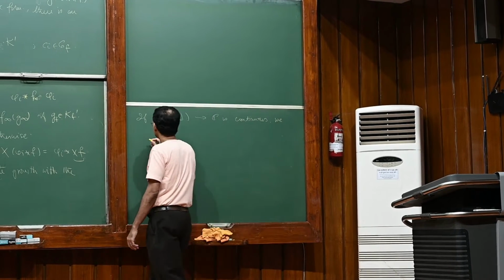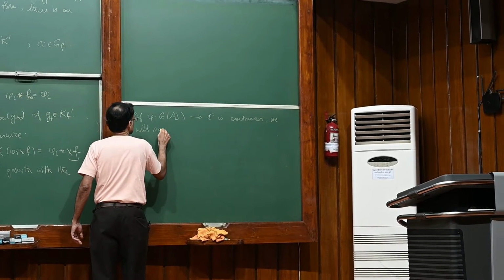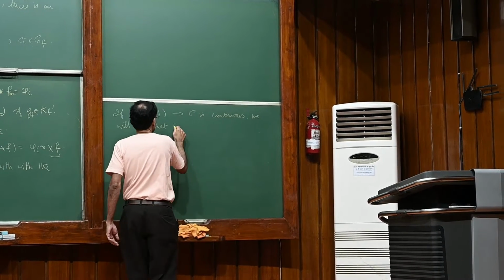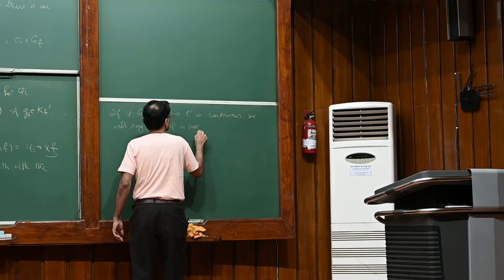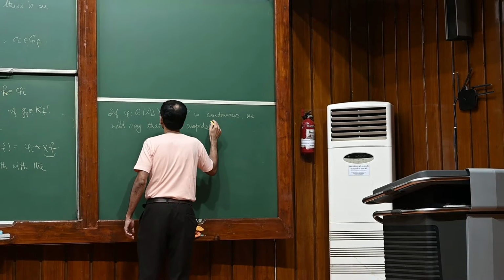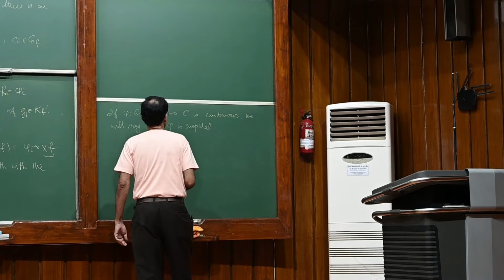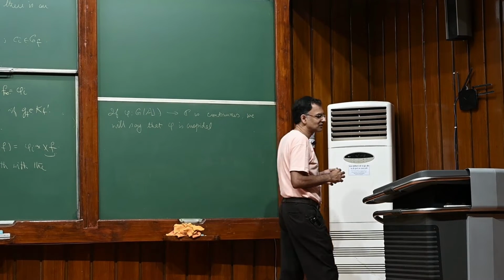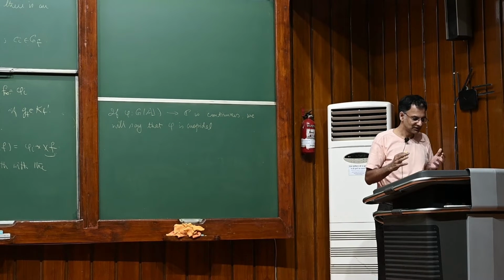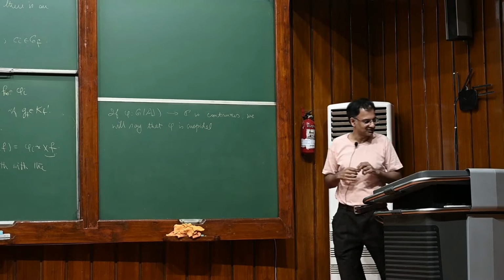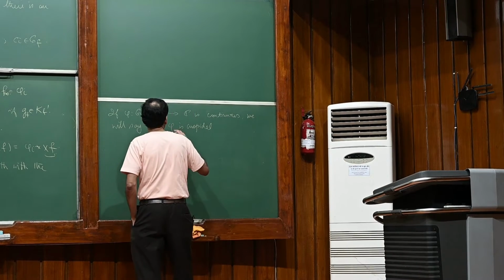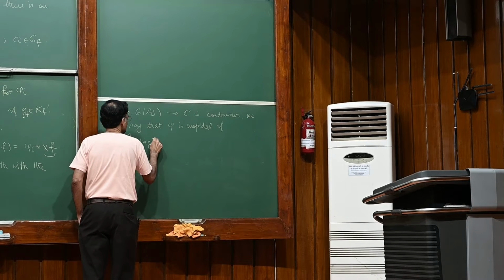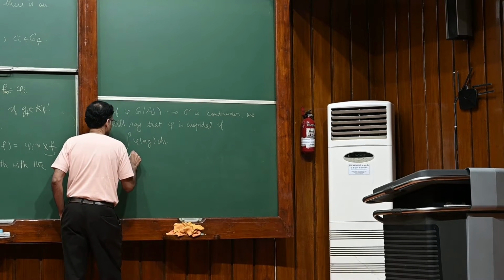We will say that phi is cuspidal. Of course, it has to be a reasonable function for these things to make sense. But okay, let's just assume. So we move to L2 if the integral of phi